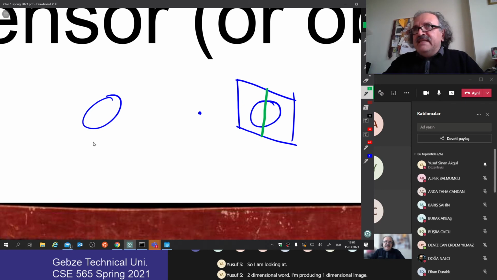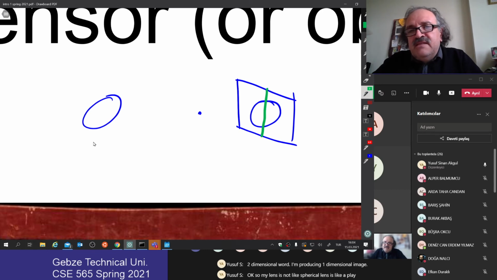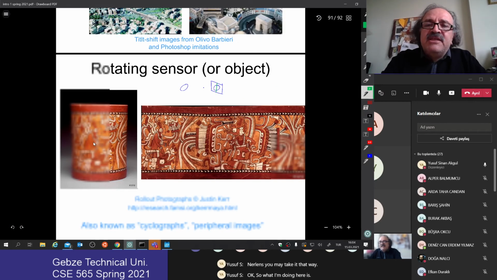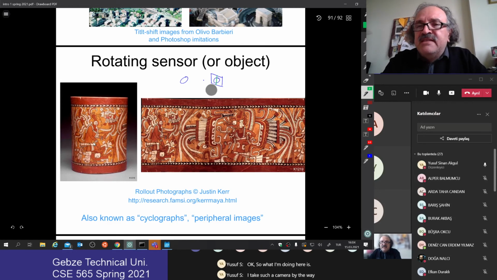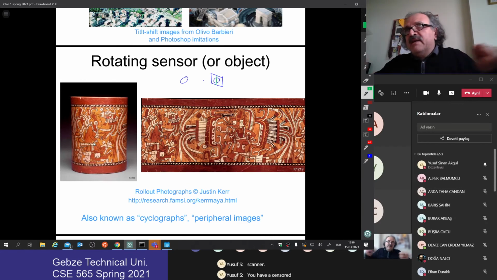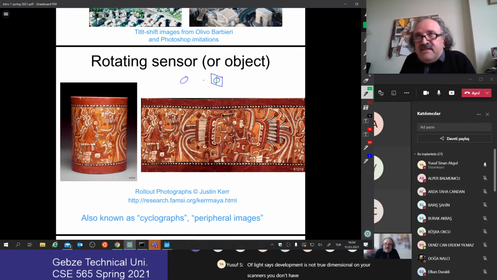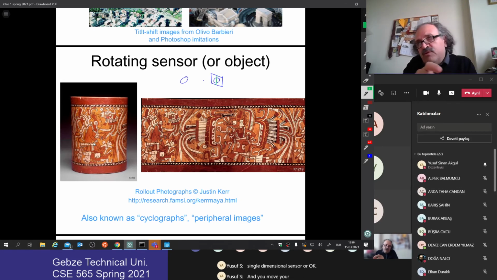Okay, so my lens is not like a spherical lens. It's like a planar lens. You may take it that way. So what I am doing here is I take such a camera. By the way, scanners work like this. On a scanner, you have a sensor that has only one line of light sensitive elements. It's not two-dimensional. On your scanners, you don't have two-dimensional sensors. You have a single-dimensional sensor, okay? And you move your camera on top of your